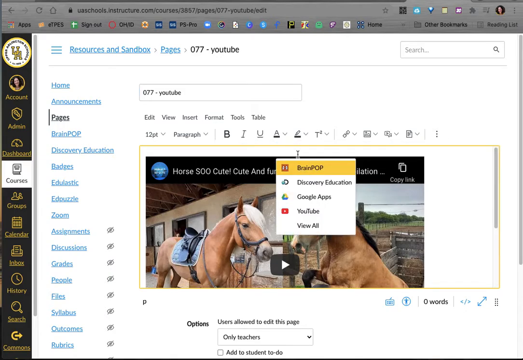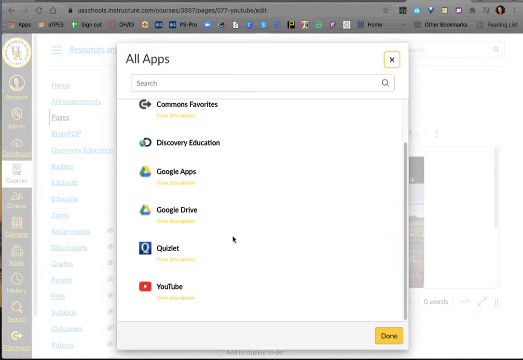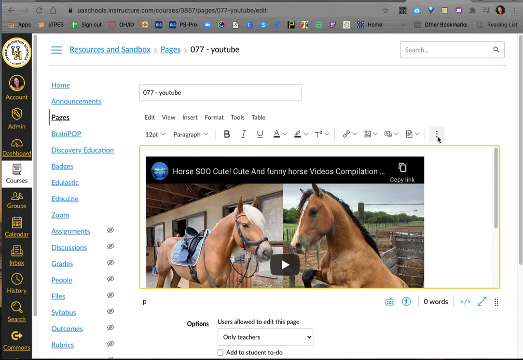So I can do this with a Brain Pop video, a Discovery Education video, or an assignment. I can do it with some of the Google apps. I can do it with Quizlets. So I can do all kinds of different things. And anytime you see that plug, and my screen's a little shrunk, that's why I have the 3 dots, but anytime you see that plug, that's where you can go to find these